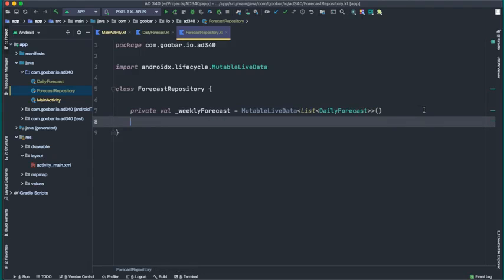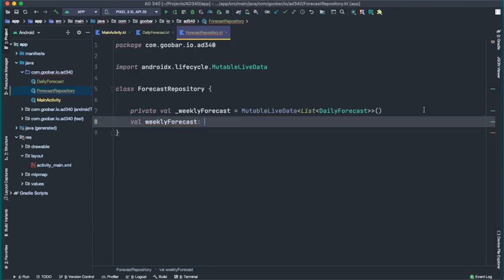So this will let us update that observable value holder internally to this class, but we still need to make a way for our activity to listen for that update. So now we're going to create a public live data. To create a public live data, we simply type val because the property will be public by default. And then we're going to name it essentially the same thing, but without the underscore. So we'll type weekly forecast. The reason for this naming is to indicate that these two are really going to be connected, and you'll see why in just a second. So val weekly forecast,